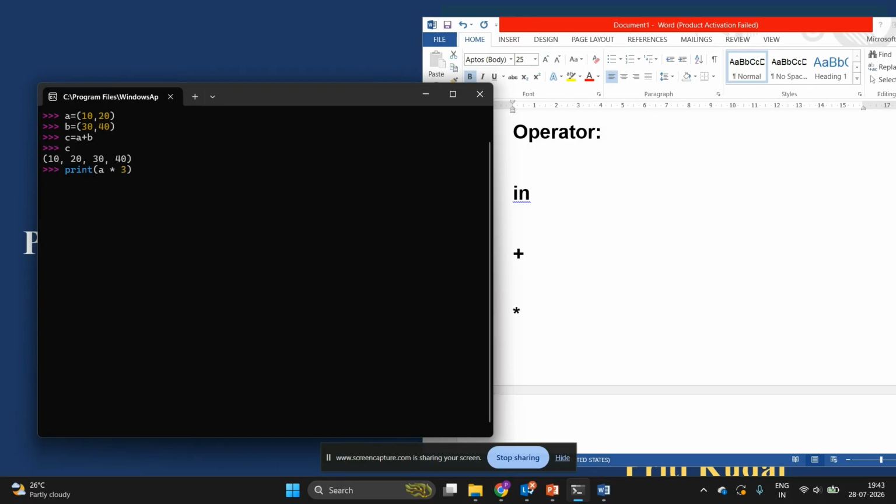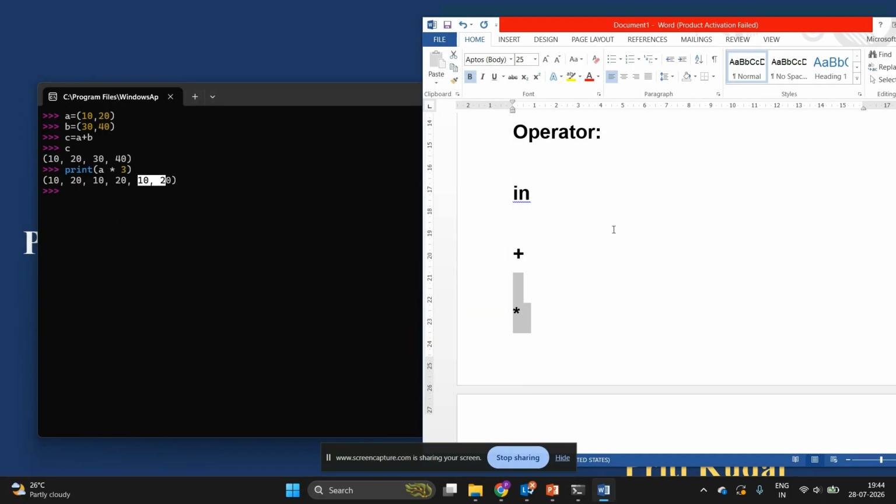What does it give me? 10 20, 10 20, 10 20. So the elements of tuple a are repeated. Star means repeat how many times? Thrice. So 10 20, 10 20, 10 20 is repeated thrice.